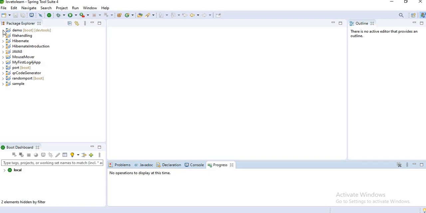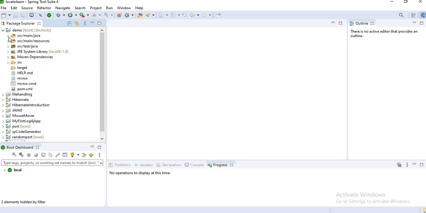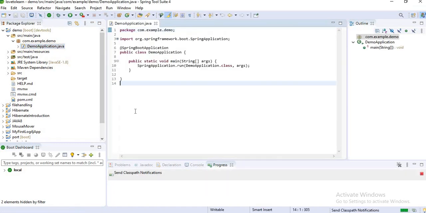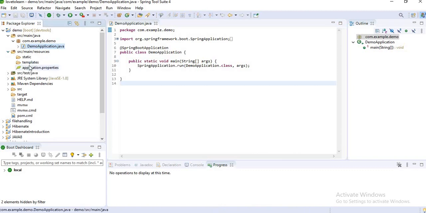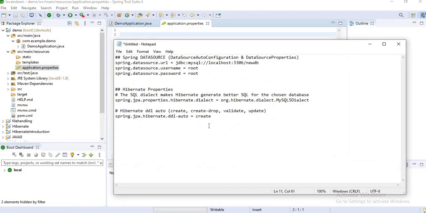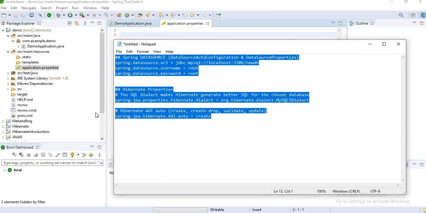Okay guys, let's open the demo application Java file. Running the application once is best. Before that, let's set application.properties. It is for the database.